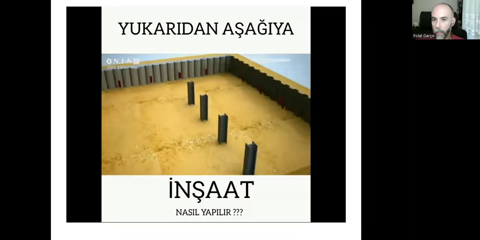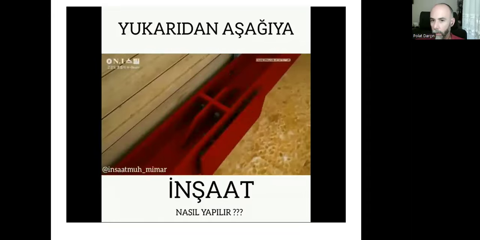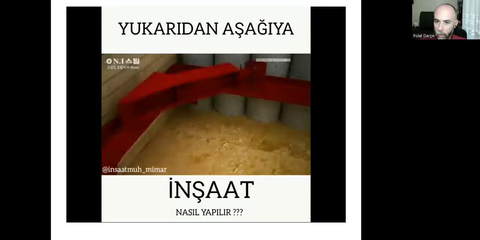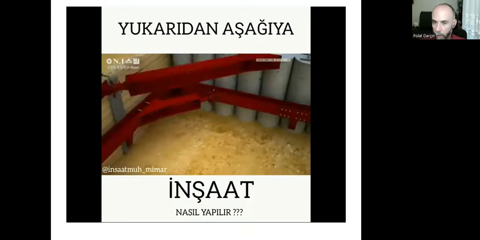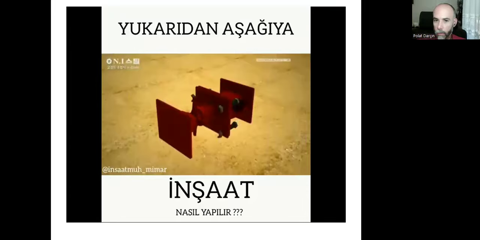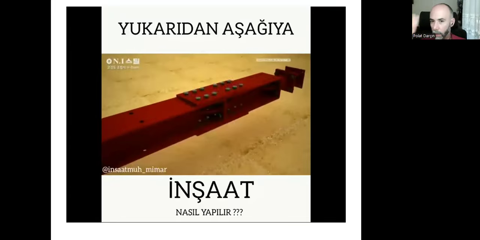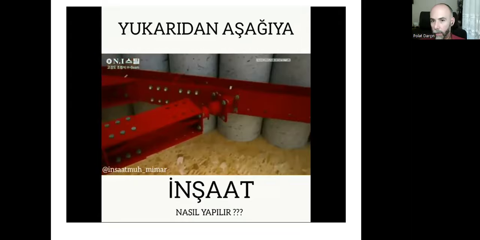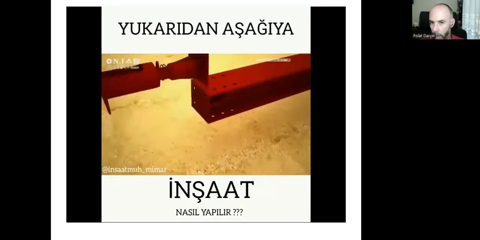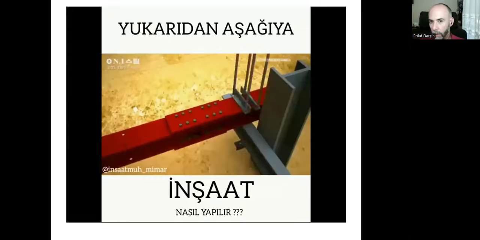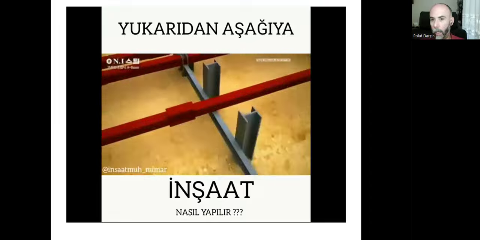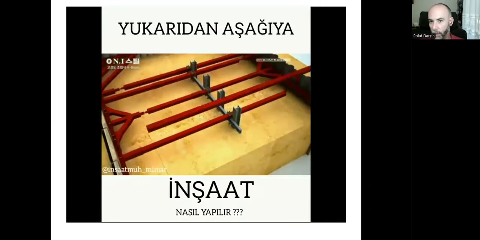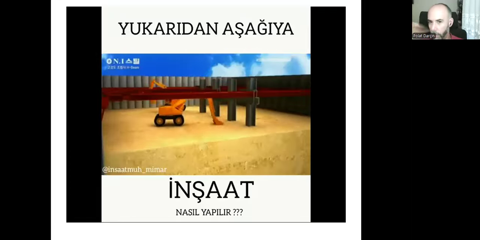So they are not excavating at once. They go level by level. They just excavate until they get a certain depth, and then they do that shoring and shielding. As you can see, they are using these steel profiles. They are all connected with bolts. And first they create the wall, and then they create these shores in order to support the wall, and then